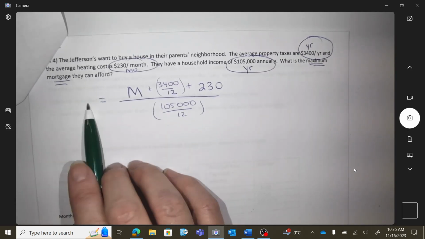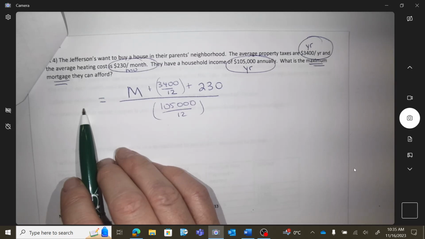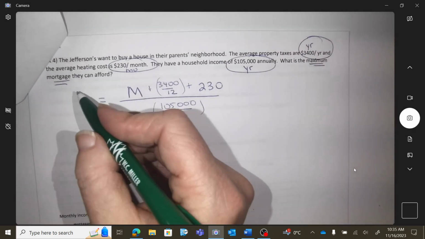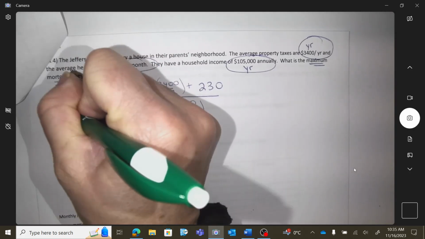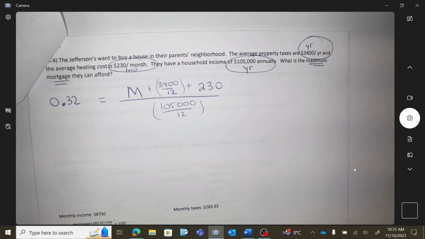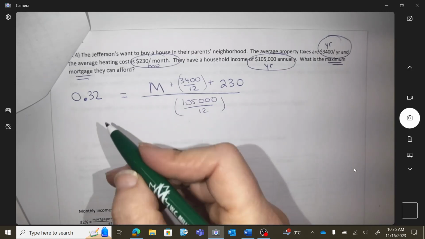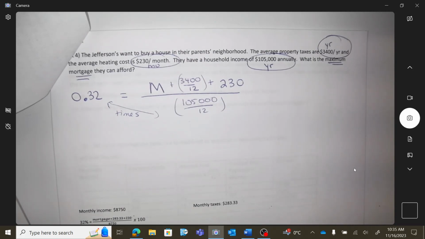So what am I going to put over here as a percent result that I'm trying to get? If I had to get the most, what's the most number I'm looking for? 32. So it can be up to you. Do you want to write 32 over 100, or do you want to write 0.32? Doesn't matter. You can do 32 over 100, or you could write 0.32. Okay, algebra time. I'm going to times those. Get my algebra there. I'm going to times that.